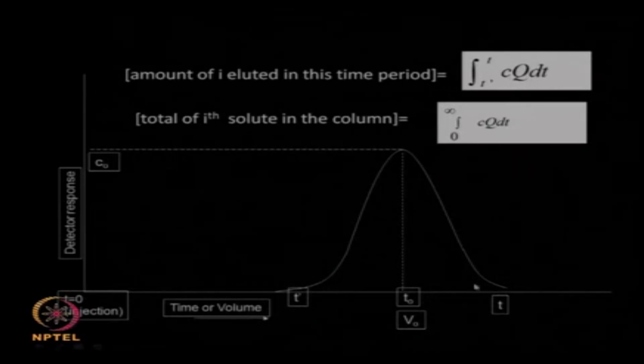So the amount eluted in this time is given by this, but the total amount of this particular species over the entire period of time will be from 0 to infinity, that is also obvious. So yield will be